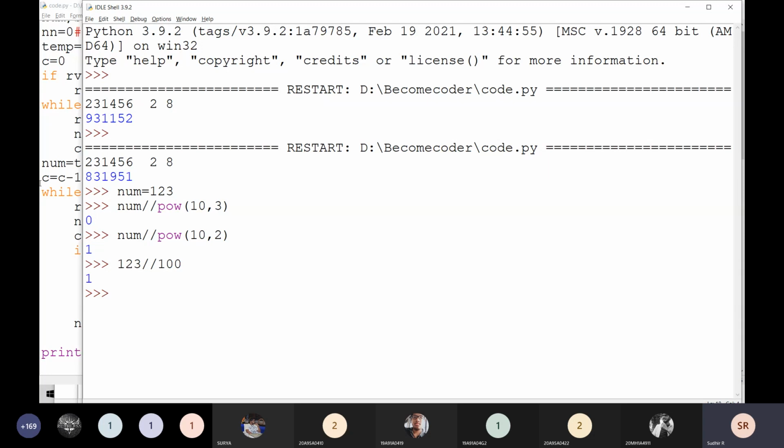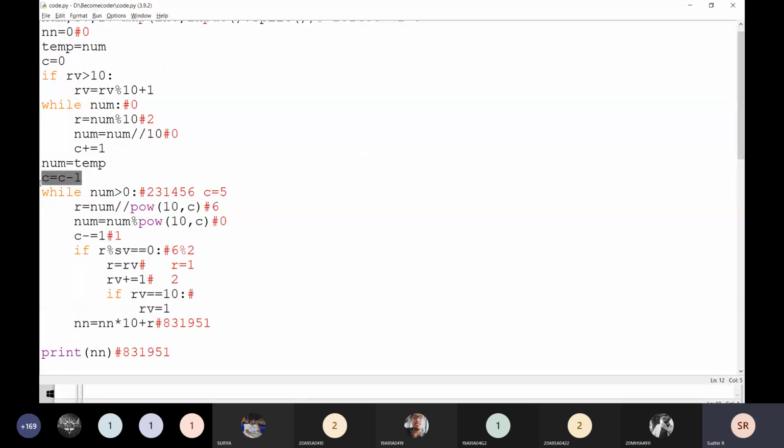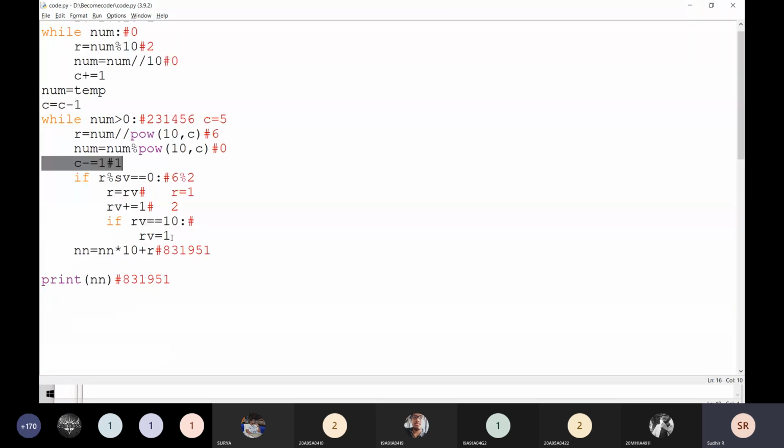If it is 100, it will give the digit. That means I am thinking, what is the C value now? C value is going to be 1000. I am checking here, C value is going to be 1000. That's why it is not printing. If it is 100, definitely it is working. Then I decrement it, at my initial stages of programming. I know that exactly. Okay, don't worry about how I am thinking here. It will come only with practice. And every time I'm going to decrement the C value.